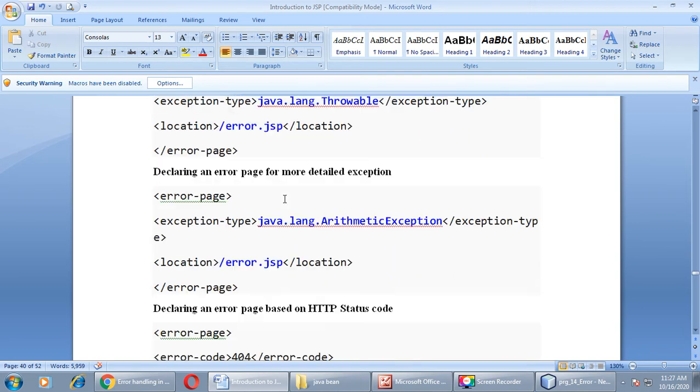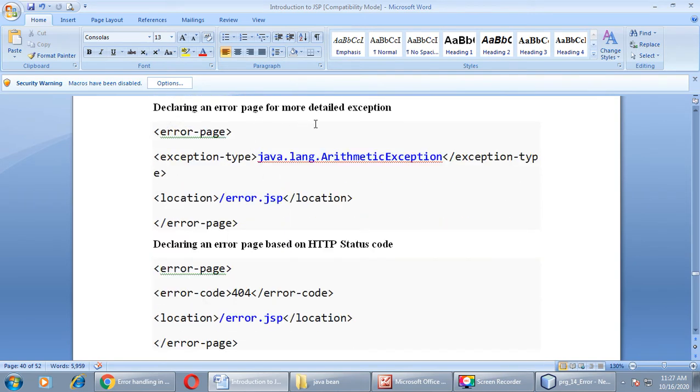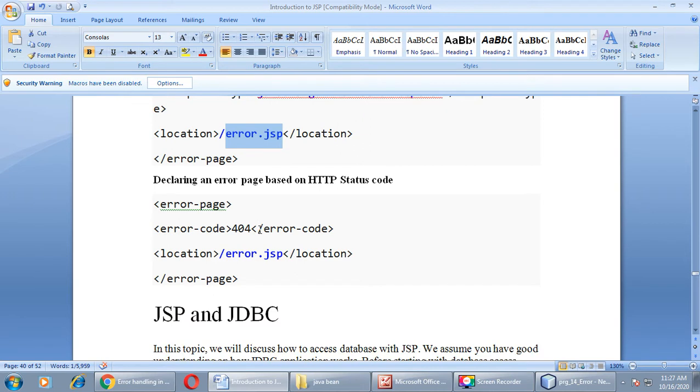The second, declaring an error page for a more detailed exception, for example ArithmeticException, you can define like this: error-page, then exception type is java.lang.ArithmeticException, and again I want to execute the same page, error.jsp.